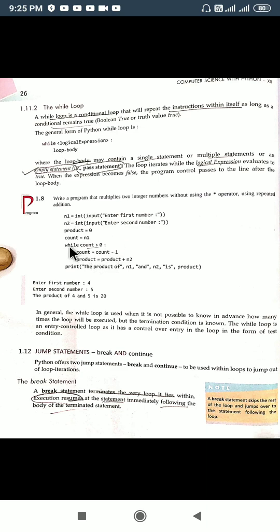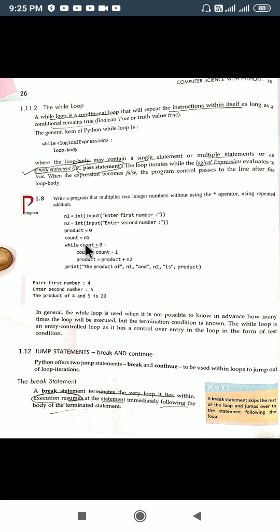Now we are writing our loop: while count is greater than 0. After that you need to put this colon. If you do not put it, then it will not start the indentation to make these statements contained statements, and this is known as the compound statement. We have discussed these things in a previous lecture also. Now count is equal to count minus 1. We are decrementing the value of count.